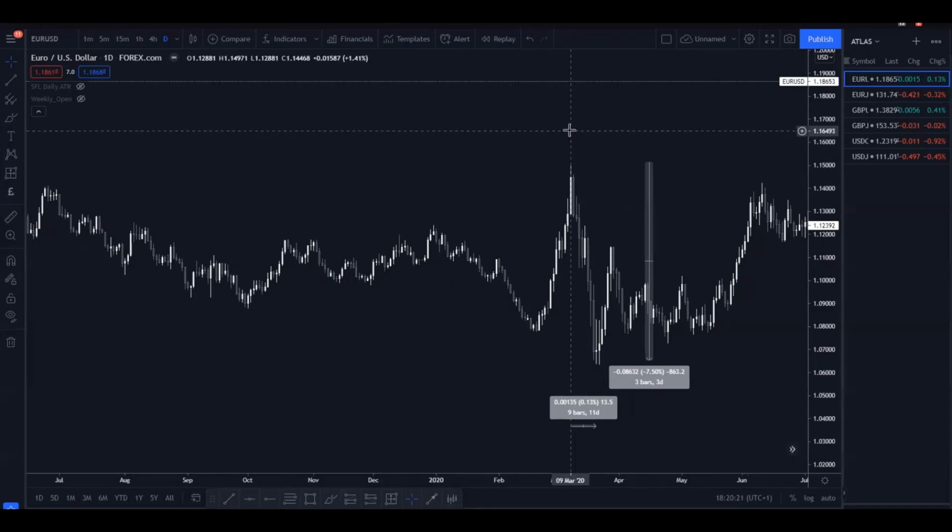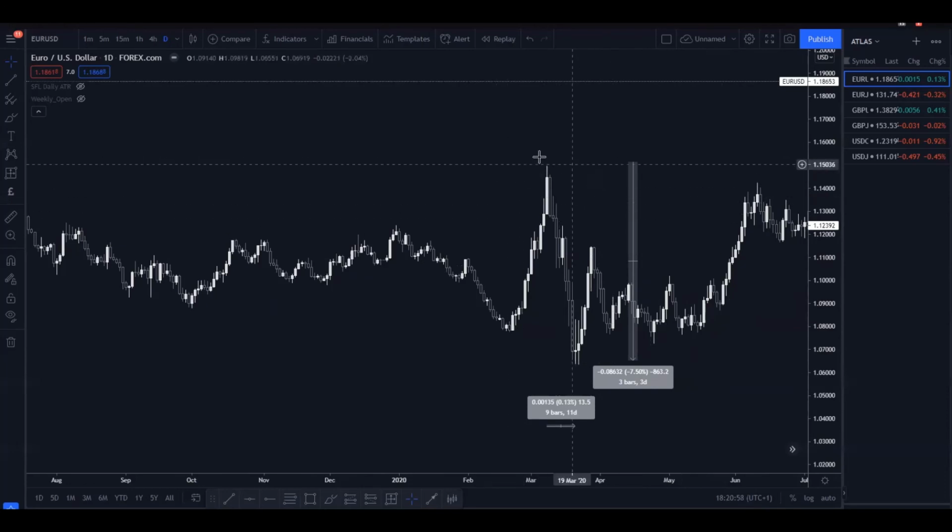From the 9th of March, see this big candle there, till the 20th of March, over 11 days, the market declined by 7.5%. That is very, very big for any forex pair. We're not likely to see a pair move 1% in a day, let's say. It does happen, but not often. A 7.5% move over 11 days was very big, and it was very clear that we were entering a very difficult time for many of these economies. That's what I want to highlight with this decline.